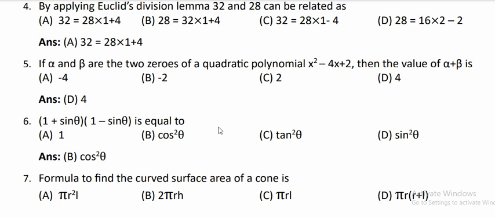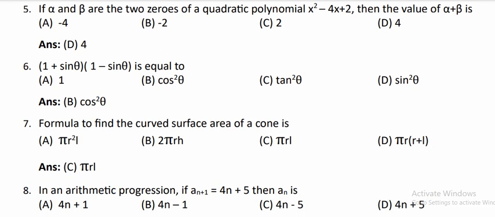Formula to find out the curved surface area of the cone. Here the formula to find out the curved surface area of the cone is pi RL. So therefore option C is the correct answer. Then next question is that